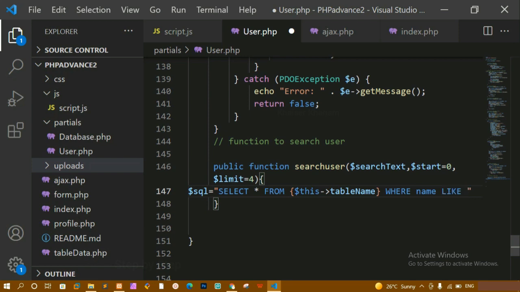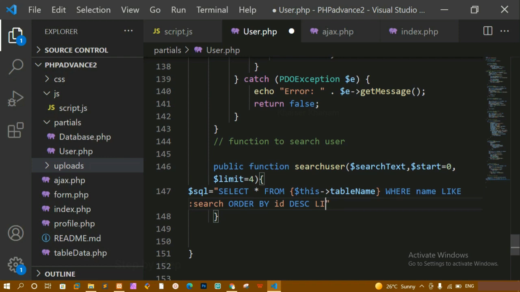We have already seen this like. Now here I am going to write one variable. This is going to give me the search, whatever I am searching inside the input field, that is going to be returned and filter out the search. And here I want to order this, order by ID, in descending order. By default it will be in ascending order.